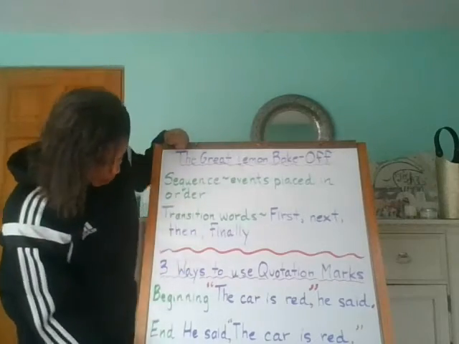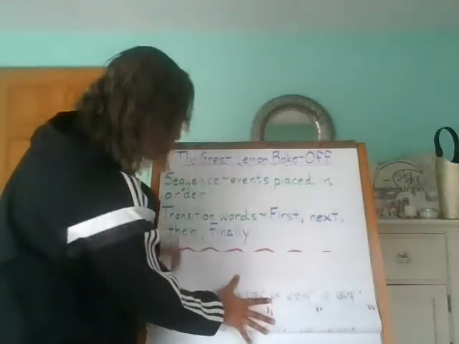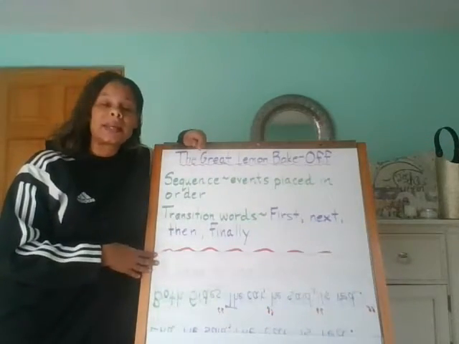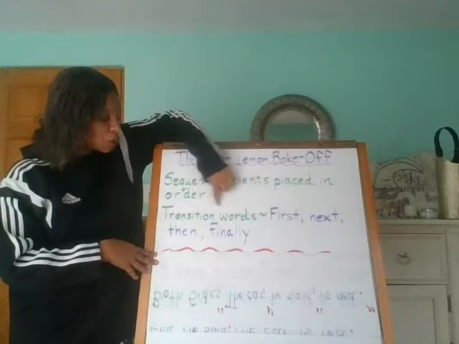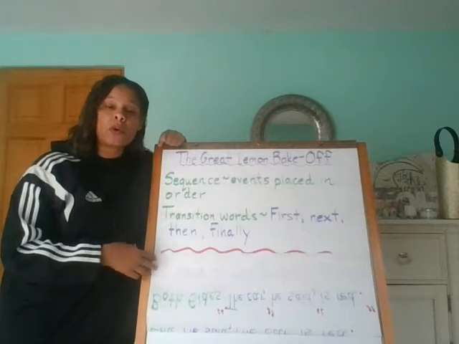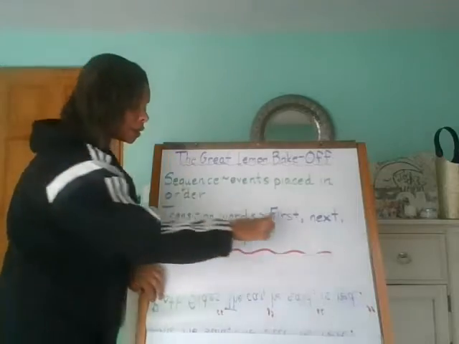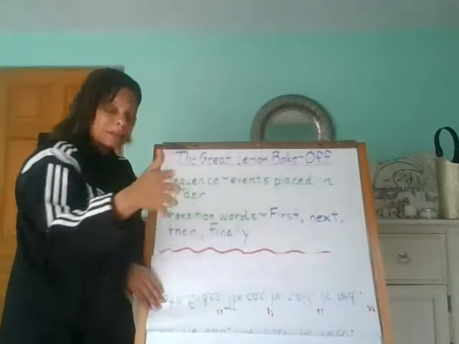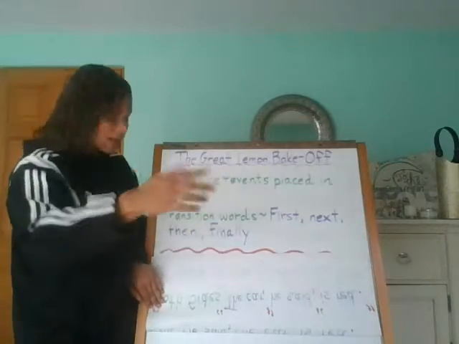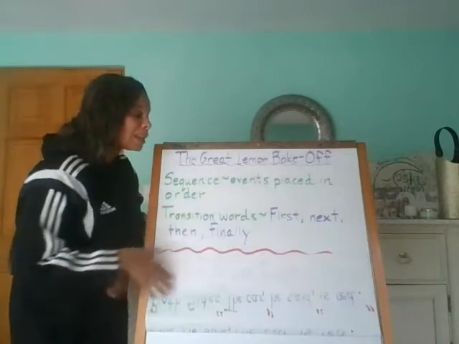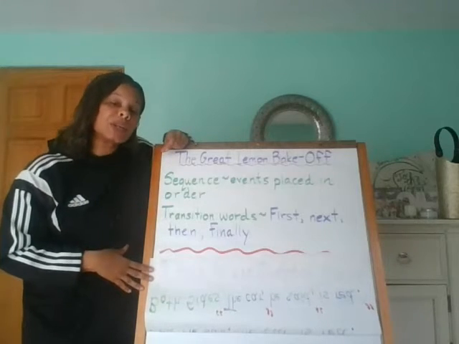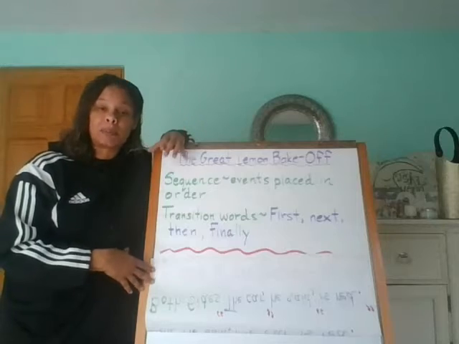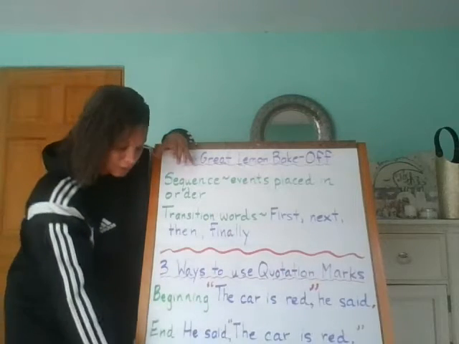Let me block it so it's not too much information. Sequence just means when you place events in order. You can use transition words. Transition words help you move from one event to the other. So you might say first, something, something, something. Next, something, something, something. Then, and then finally. These words help keep you on track. It's really good to be able to use this skill, sequencing, because it helps you understand the story a bit better. You can keep on track of what happened